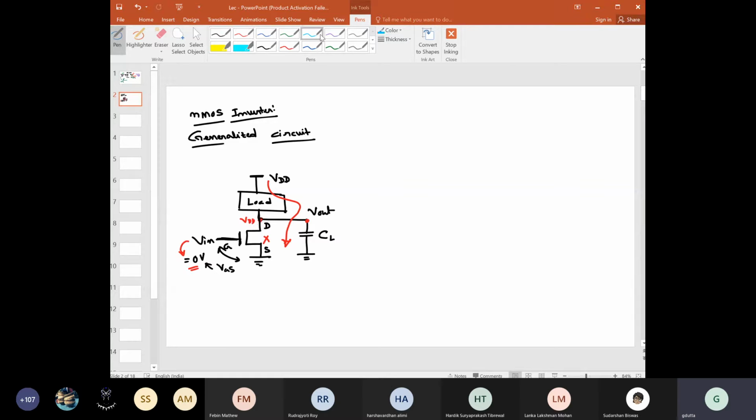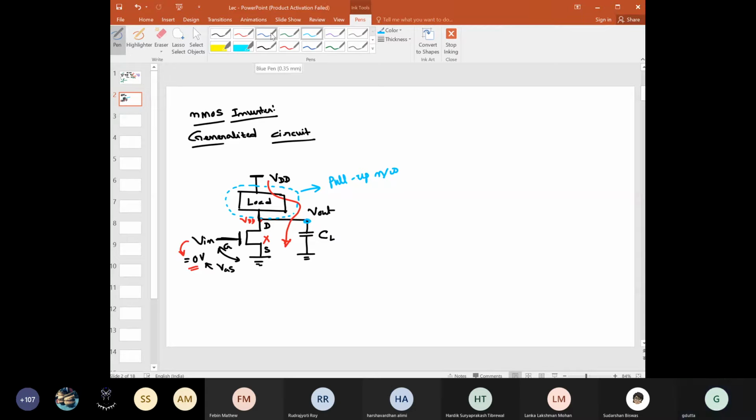So you understand one part from here, that this particular network, whatever be here, is helping the output node voltage to increase or rise, right? So this particular network, which is helping to rise the potential of this output node, is called the pull up network. Is this clear to you? Why it is called pull up network? Because this is helping to rise the potential of this output node.